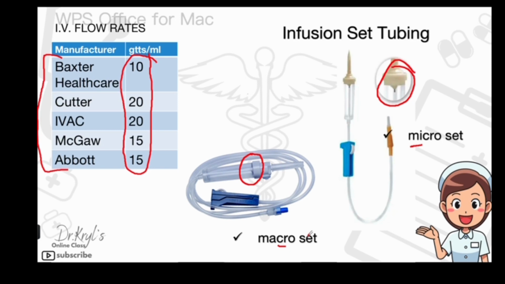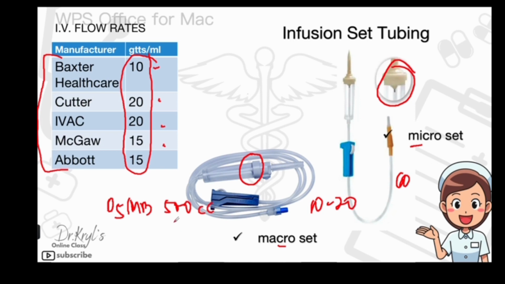Okay? And macro drip tubing delivers 10 to 20 drops per ml. Ayan. Dito nakalagay. Okay? And it is used to infuse large volume or infuse the fluid as quickly as possible. And micro drip tubing delivers 60 drops per ml, used for small or precise amounts of fluids, commonly used for delicate neonates and pediatric patients. Okay? So, halimbawa, makikita natin sa doctor's order, sasabihin, give